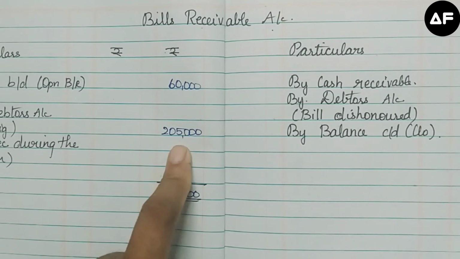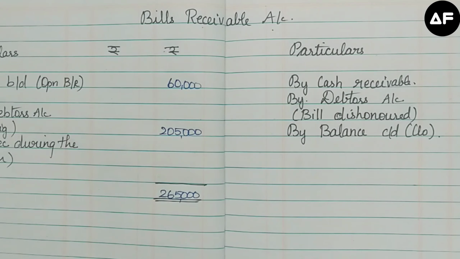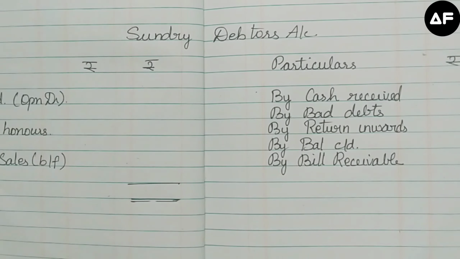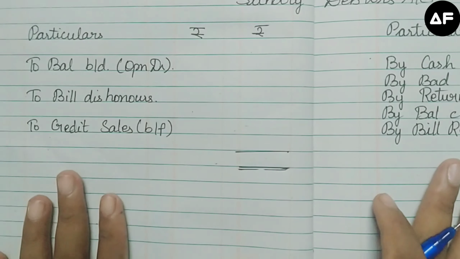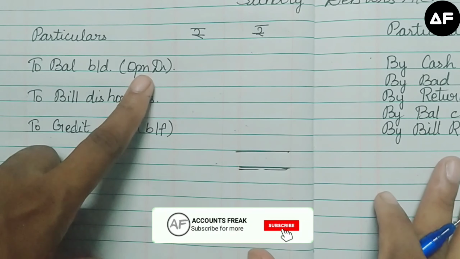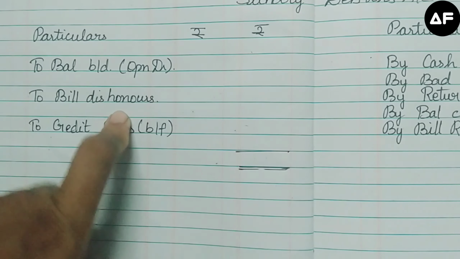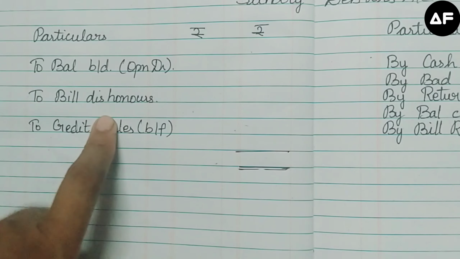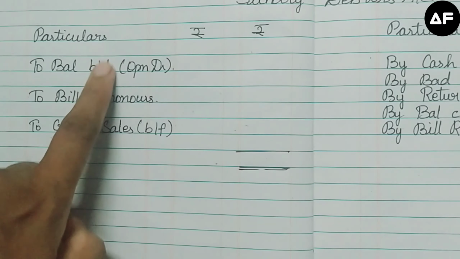So next we have to open the sundry debtors account. So now we are going to open the sundry debtors account. So sundry debtors account is very easy to remember. Debtor means first debit side, if you see, you will have the opening balance, that is the opening debtor. You will have a bill dishonored. So far in all these sums we did not see this. A new item which is bill. If the bill is being dishonored, it will be there. And apart from these two, you will have the answer, that is the credit sales.